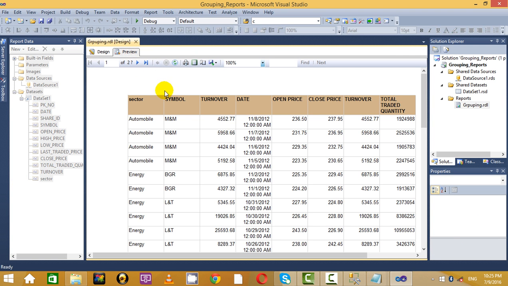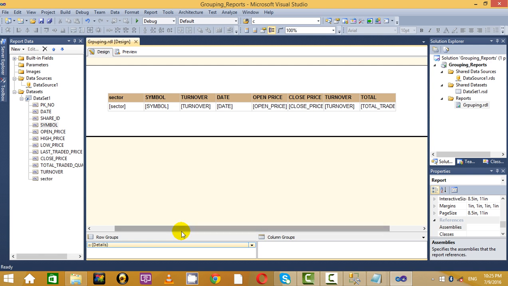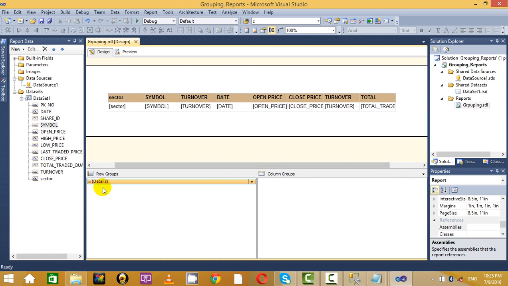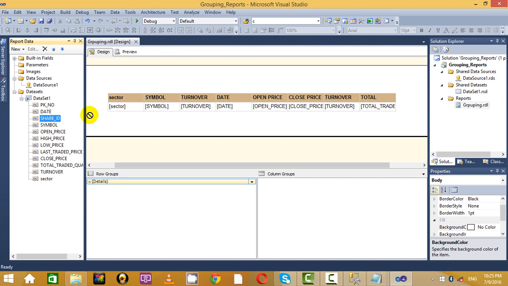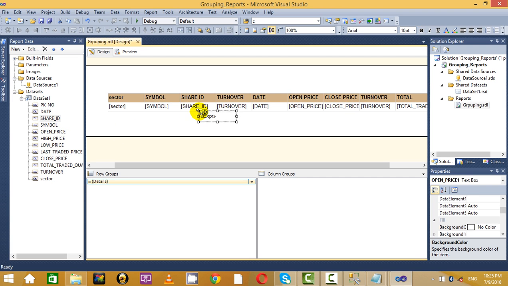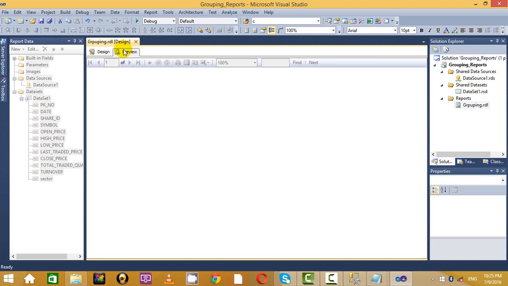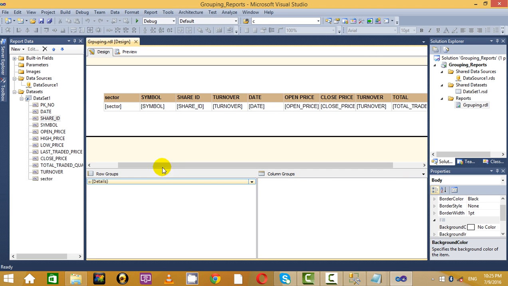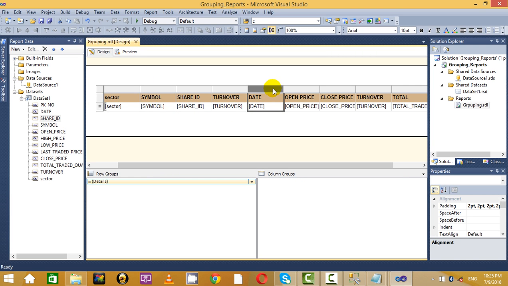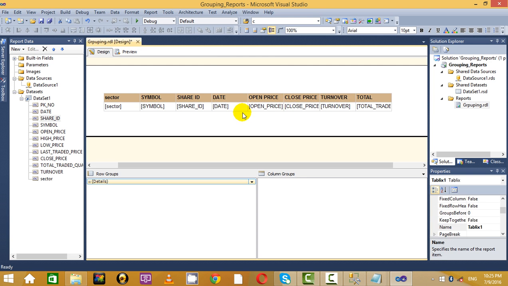Everything I have scrolled and done. So you can just watch this pane now. Please watch row groups. I'm adding my symbol, adding my share ID, adding my open price. Whatever I try to add is just added inside row groups. So now what I'm planning to do is,